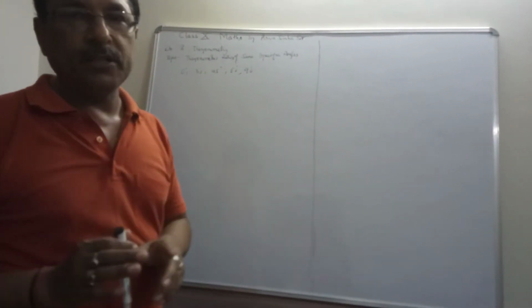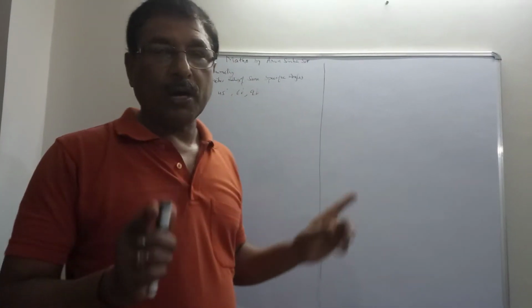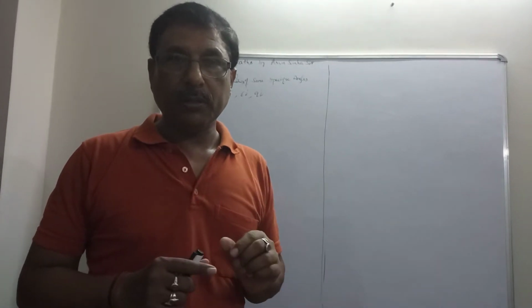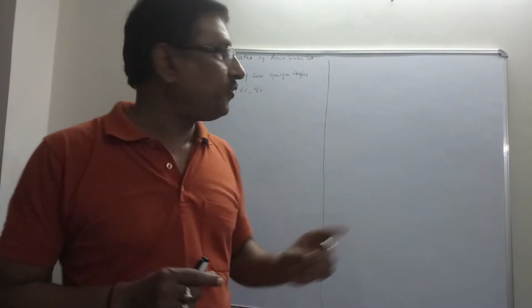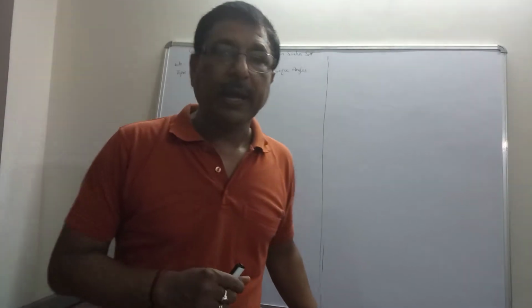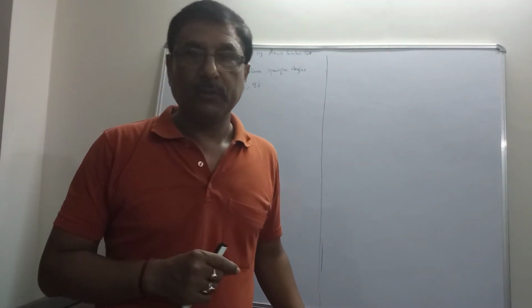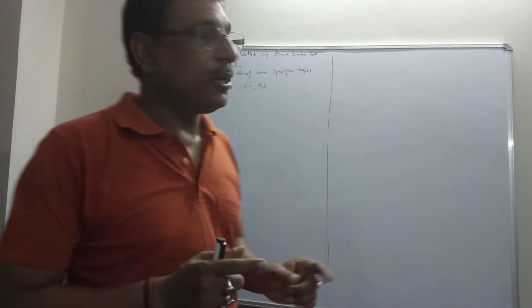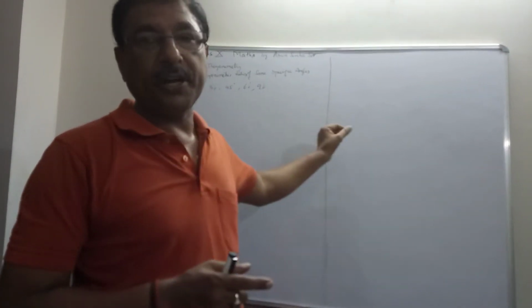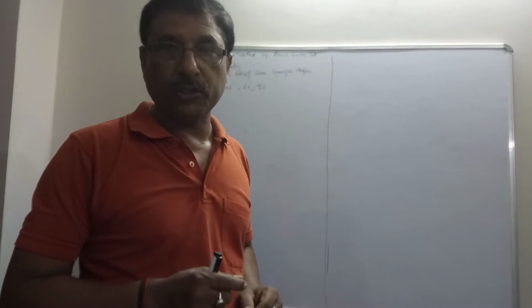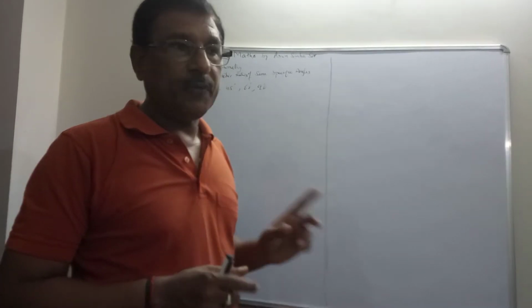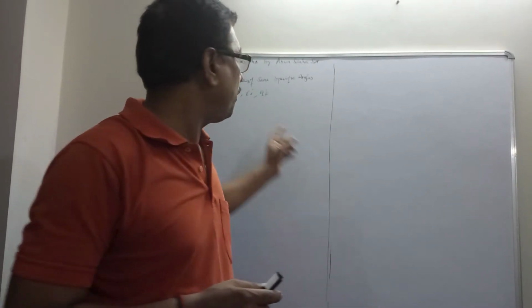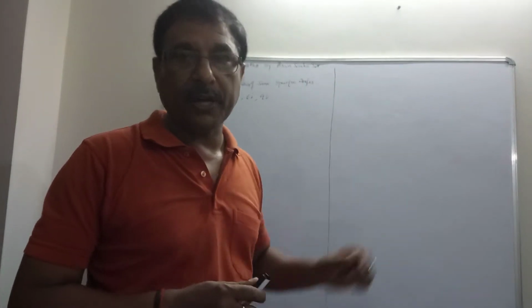I have divided this whole topic in two parts. One, how to learn the different values, different ratios of these specific angles. And second thing, how to prove. The proof is important, but more important is to learn and write the correct trigonometrical ratios. First we will learn how to remember and how to make the trigonometrical table.